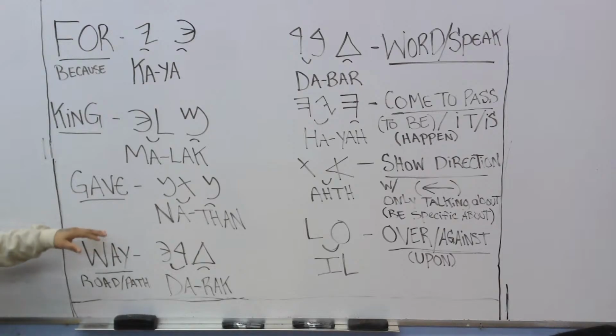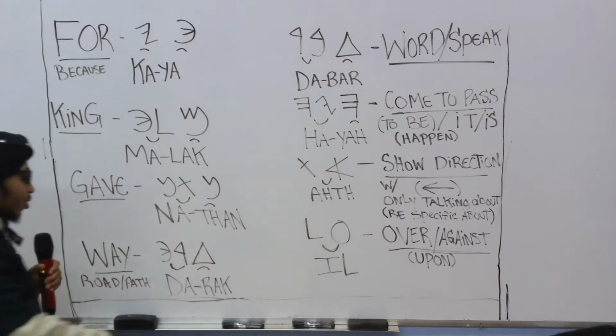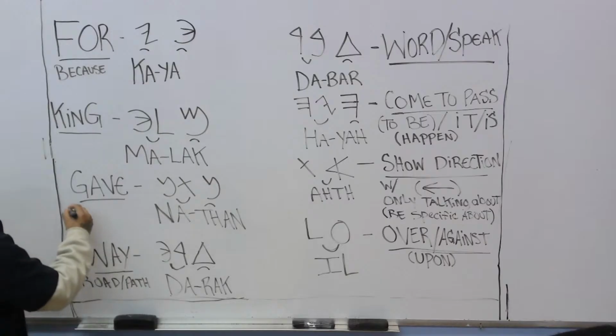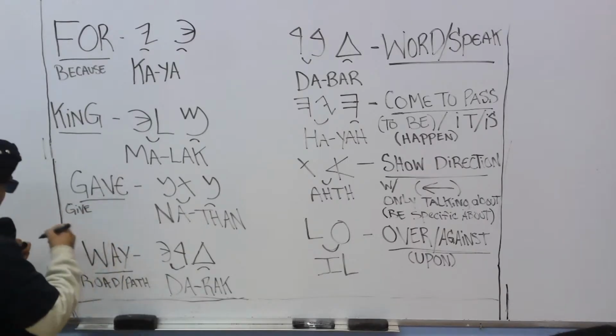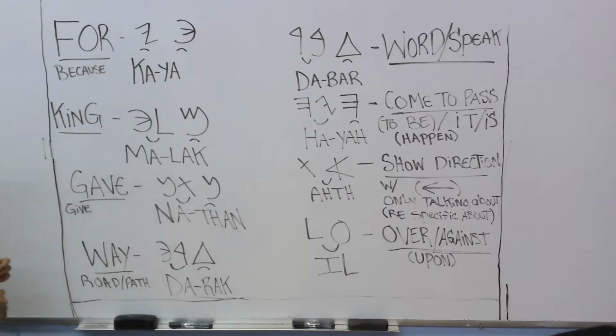Next, we have the word give. I didn't write this on the board either. In the context that we're going to be using it today, it's used as gave, like he gave me $1. It's used as give, so she gave, or she gives. That word is nathun. The character na, the character tha, and the character na are connected. Nathun is the word give or gave.